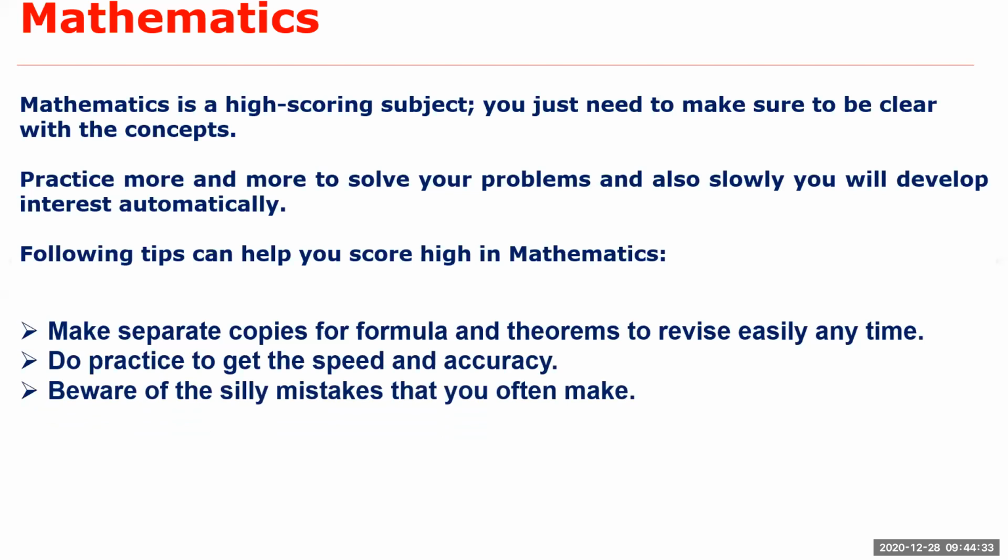Now, this is a very important point. You have to beware of the silly mistakes that you often make. Understand, you have to be very careful to avoid all the silly mistakes. See, what happens is, in a hurry, -2 plus -2, you will write that as +4. An example I'm giving. -2 plus -2, in a hurry, you will write that as 4. But this value of 4 will give you a wrong answer till the last step. So you have to be very careful. These silly mistakes which you are going to make, you have to avoid those mistakes.